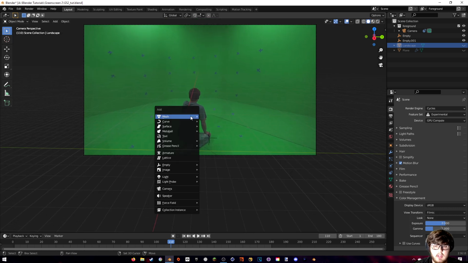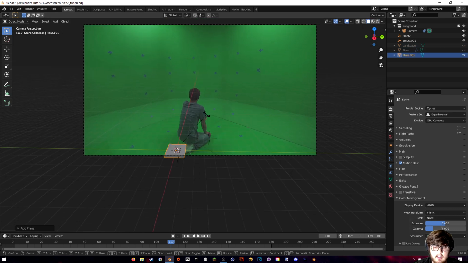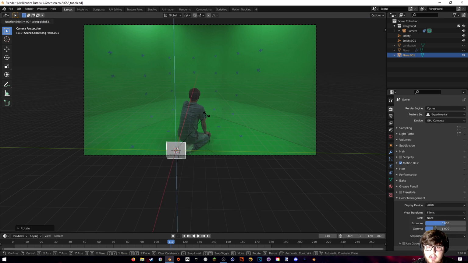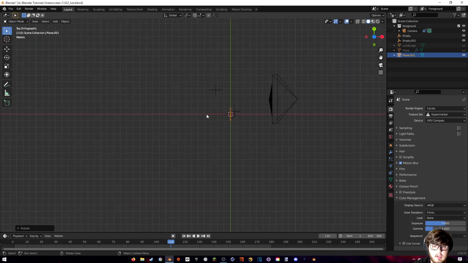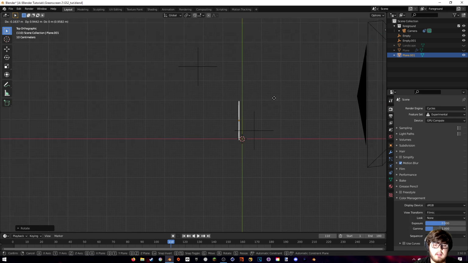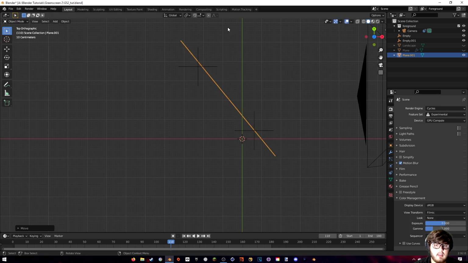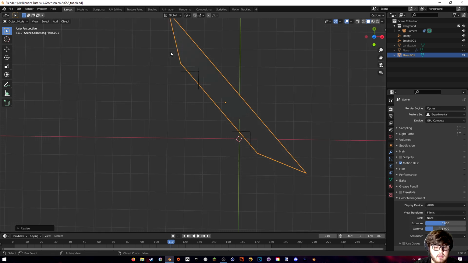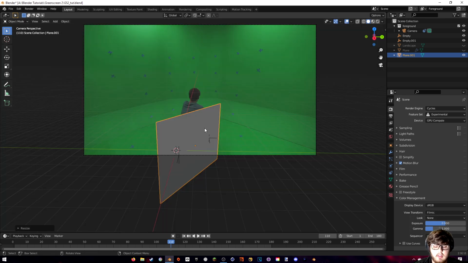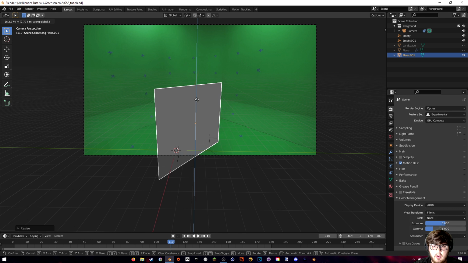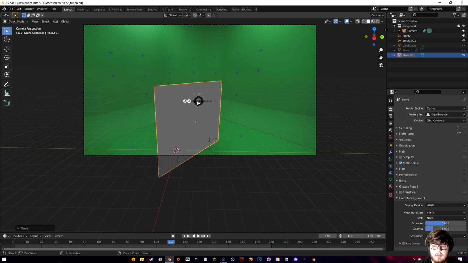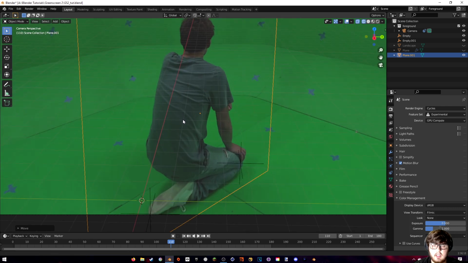Now what we need to do is go ahead and add a plane. It can just be a regular plane, and we're just going to rotate that. You can come up to the top view. We basically need to rotate this plane so that it's touching both of the middle of our little tracking things that we placed earlier. Remember, this is where his feet were, so just a little cautionary thing right there. So let's just bring this up, and now we can go into wireframe,